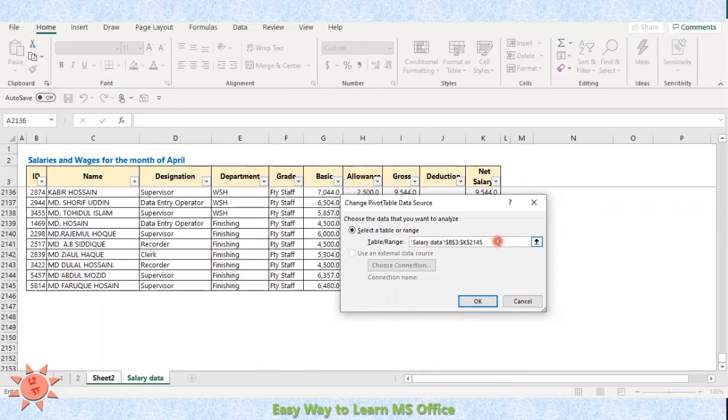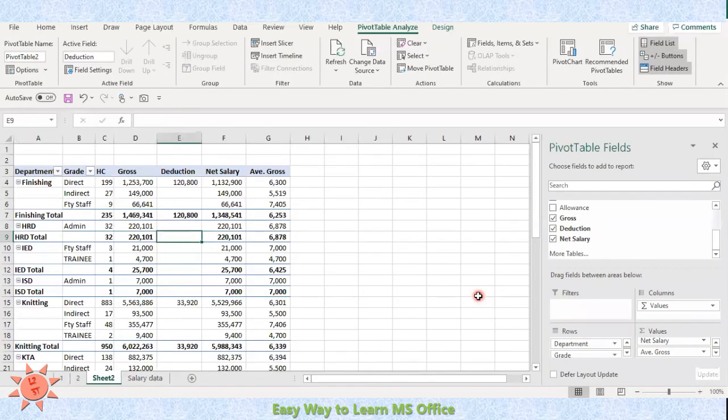Using the backspace key, delete this one and type the required range 2152. It is the easiest way, otherwise you can highlight the area again. I think now this is clear. Now I have explained all the required major items that you can use in a pivot table.